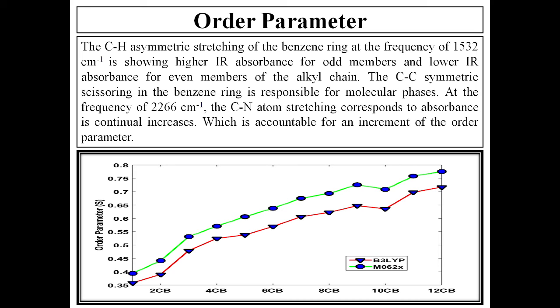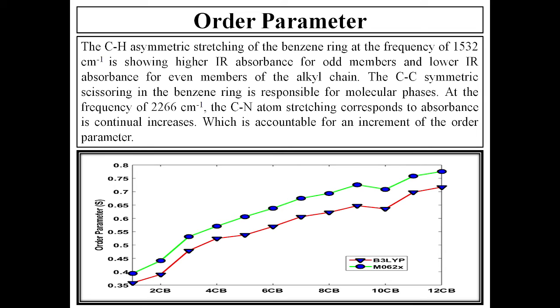CC symmetric scissoring in the benzene ring is responsible for the molecular phases at a frequency of 2266 cm⁻¹. The CN atom stretching corresponds to absorbance continually increasing, which is accountable for the increase in the order